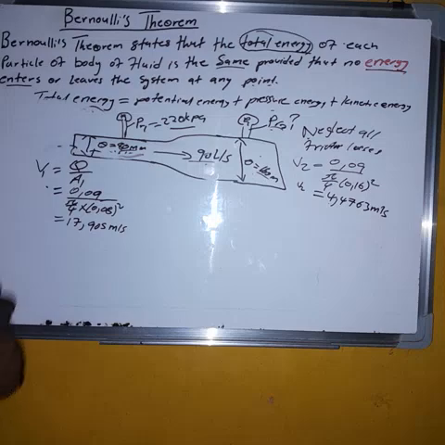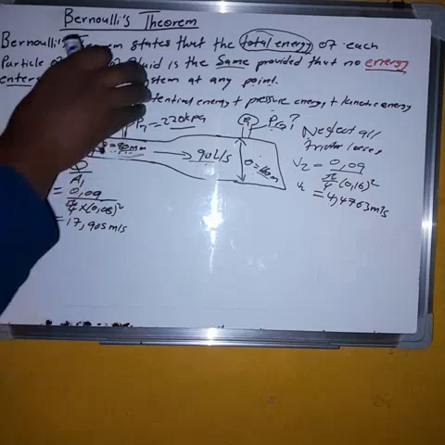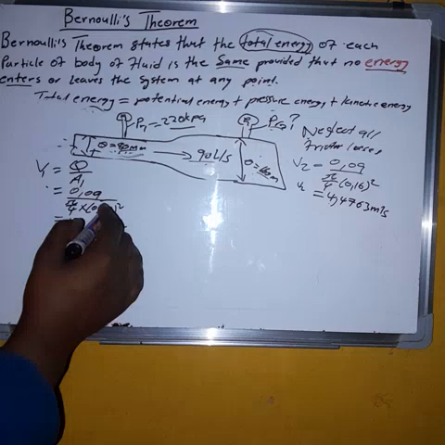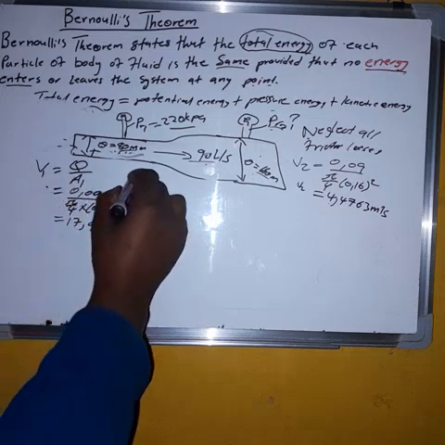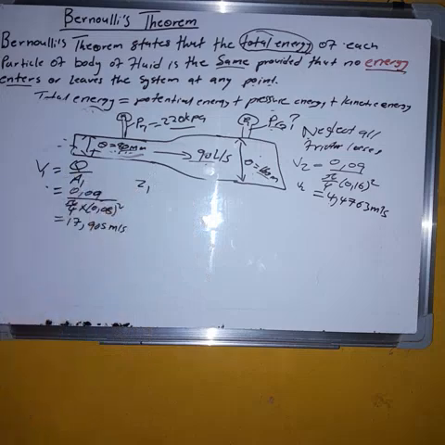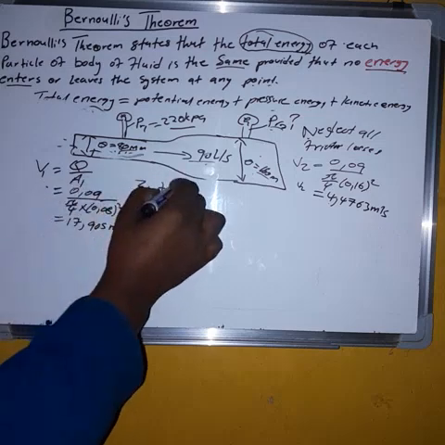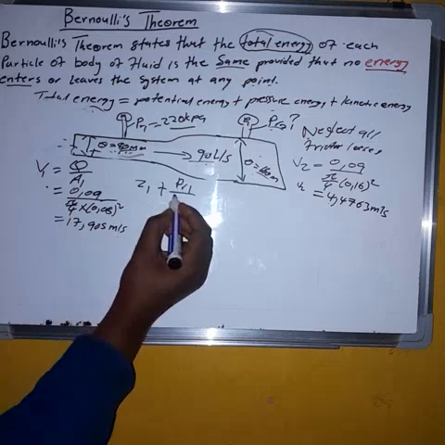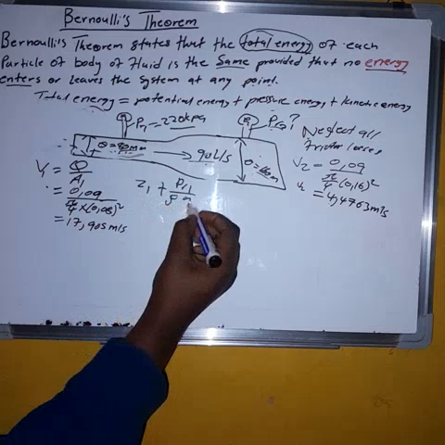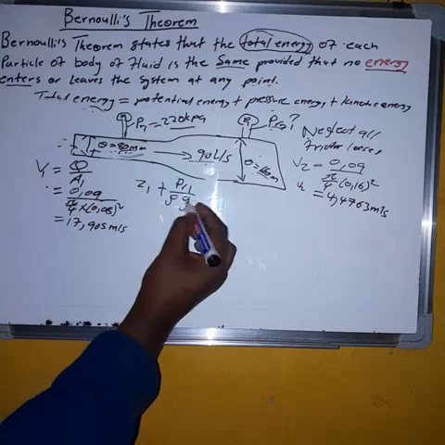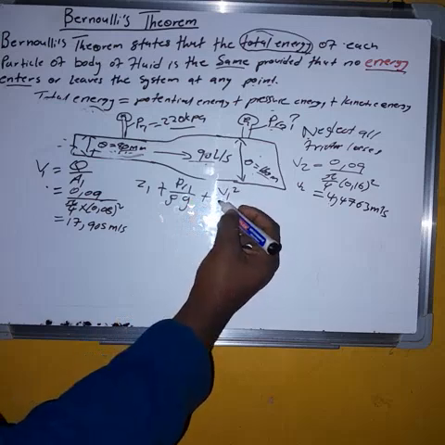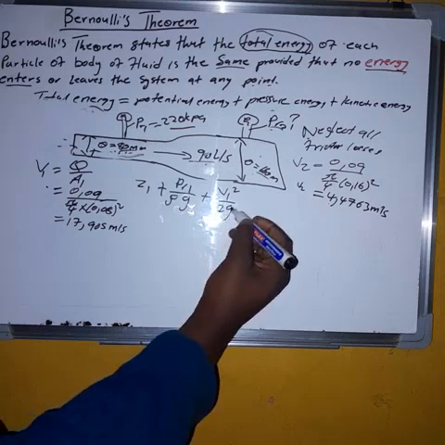Now we want PR2. We'll get it only if we use Bernoulli's theorem, because this is the pipe we must use, with portion A and portion B. Bernoulli's theorem says that Z1, the static head, plus PR1 over density multiplied by g, the pressure head, plus the velocity head, V1 squared over 2g, is equal to